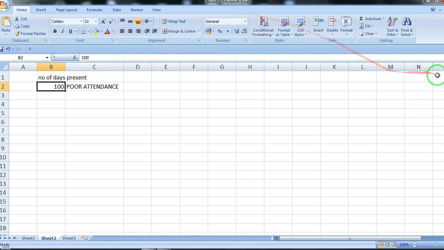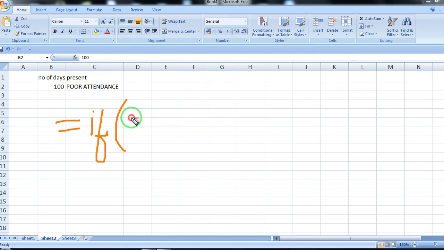Now how to use your IF? The syntax for using IF is, you write equal to, and then we write IF, and then we give the condition over here. We check the condition, and this is the syntax, and there are two commas.